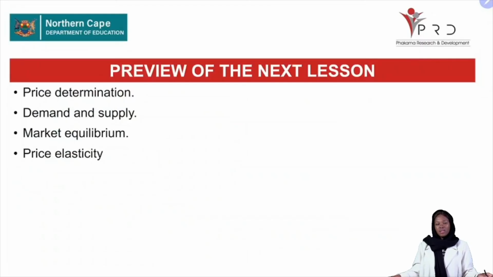And secondly, we will be discussing the demand and the supply, market equilibrium, the balance between 2 parties, and the last one will be price elasticity, and being able to differentiate between price elasticity and price